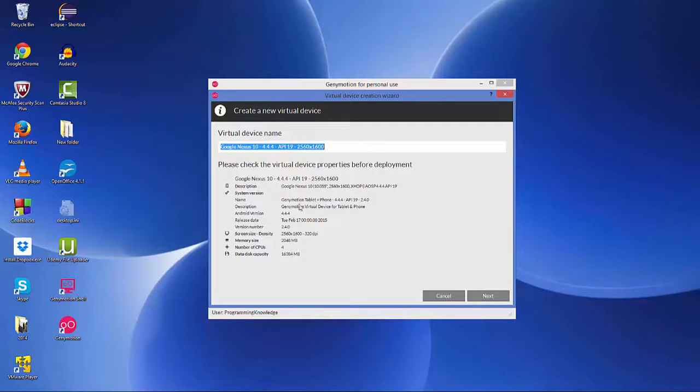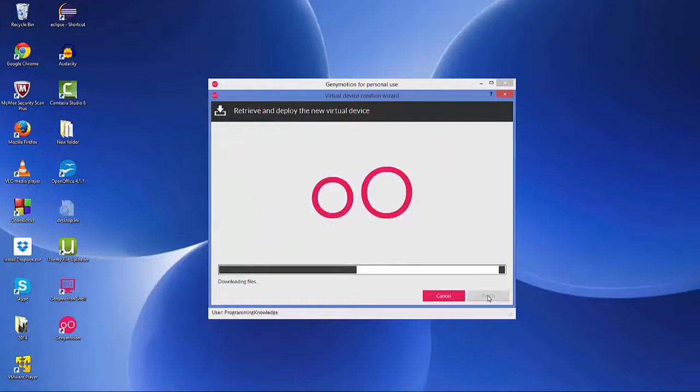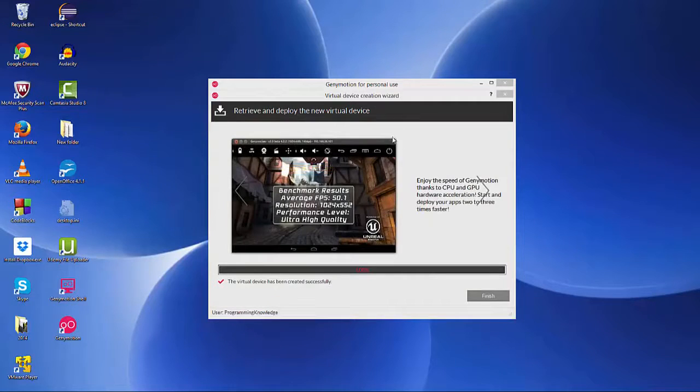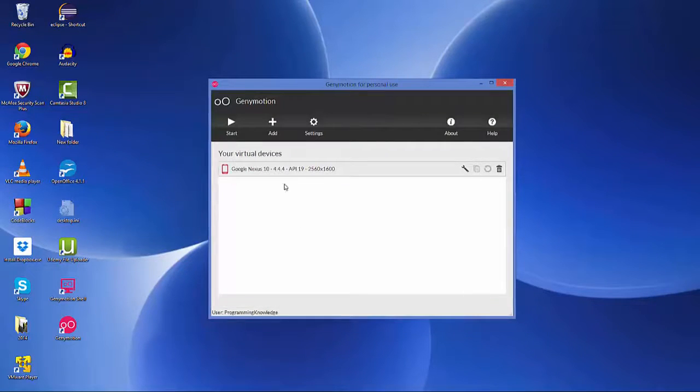And these are the properties of the device. Right now I will leave them as default and click next. And now it will retrieve and deploy the new virtual device. So now the setup for the new virtual device is complete. So you just need to click finish here and you will be able to see this virtual device in your